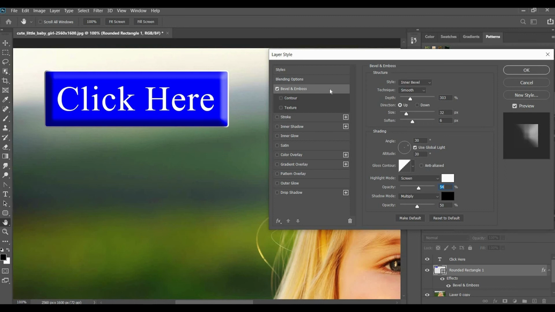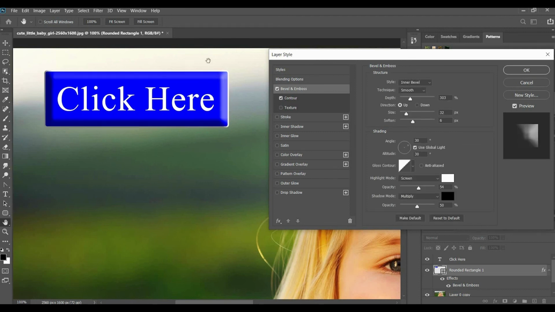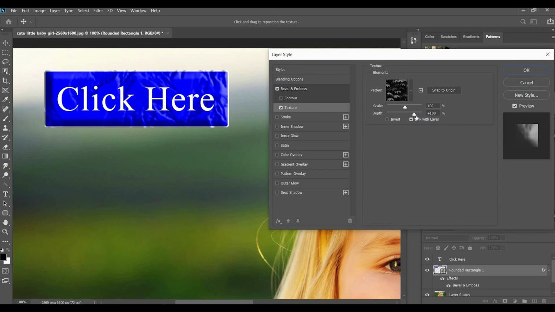Okay, so we have given bevel and emboss. Here we have two options. One is contour, another one is texture. Okay, we can directly implement this contour. So contour is the same, which we have already seen. So next one is texture. Here for texture we have different kinds of texture which we have already seen in patterns.